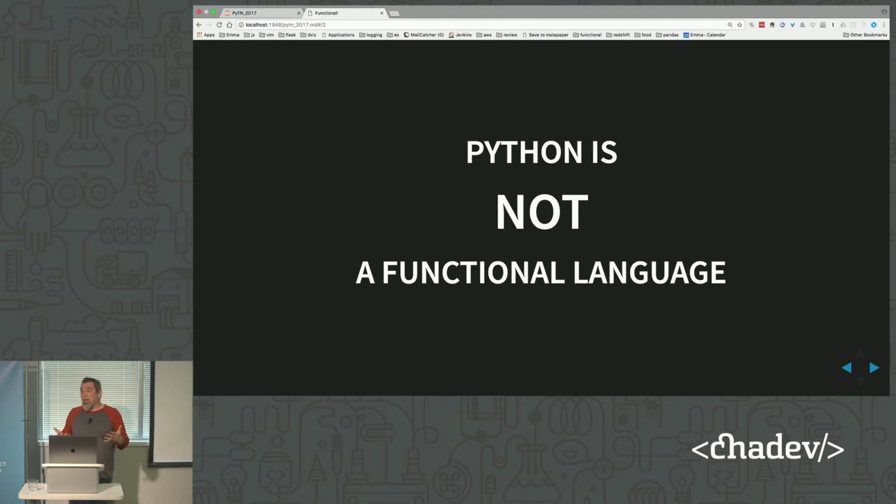And those are really great because what they've done is abstract away all the ugly details for you so that you don't have to worry about how to implement this in a very functional way. It's just implemented for you, right? So, you need to remember that you're probably not working in a functional language, or if you are, you absolutely know you're working in a functional language. Python is not.